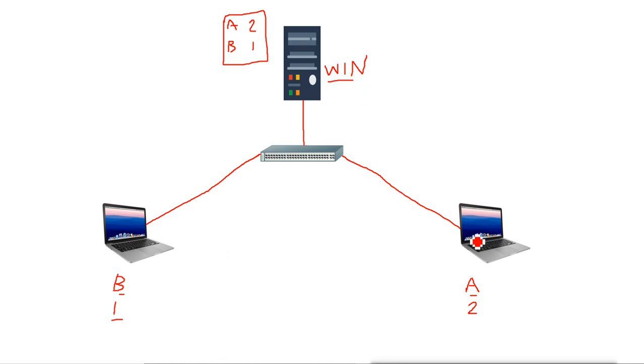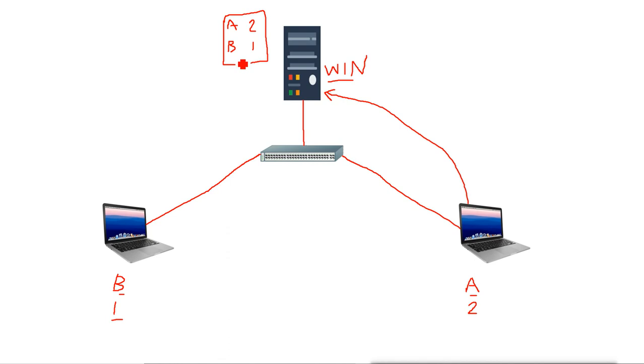Now suppose this A machine wants to connect to the B machine. When you type the name B in this machine and send any data, then what will this machine do? Now remember, the machine doesn't know the IP of that machine. You say connect B, but it does not know the B IP. What is the IP of the B machine? So it will send the request to the WINS server. It will ask the WINS server who is B and what is the IP of that B.